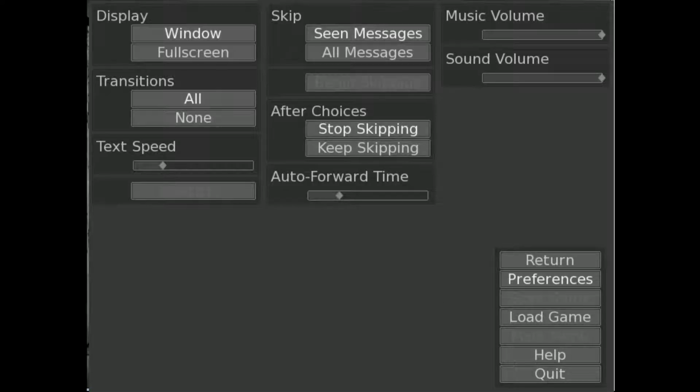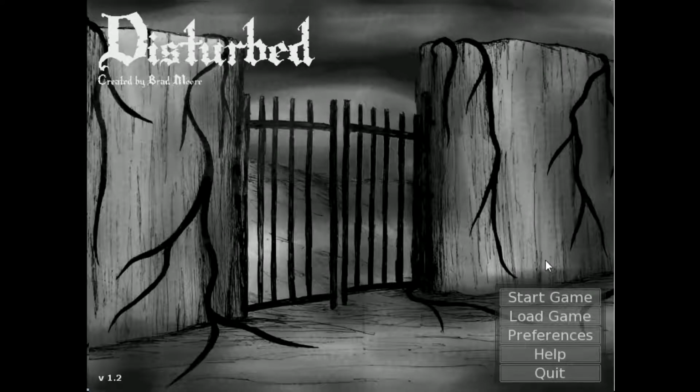For whatever reason, we're recording it in really crappy frame rate. But anyway, never mind. So you do get a couple of options, but it's all basic stuff, nothing that you really need to know about. Apparently it does have partial controller support. So basically you can use a controller, but for ease of use I'm just going to use a mouse and keyboard, or probably just the mouse.